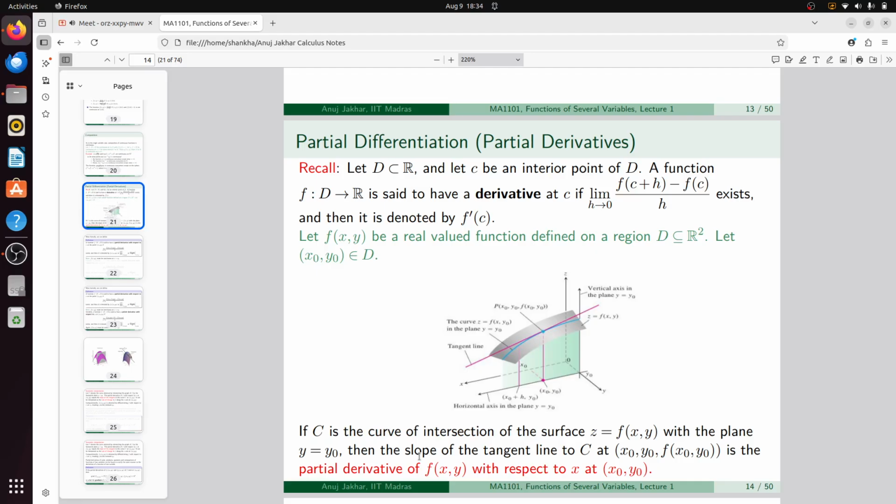We are really bothered about only two variable calculus. If there are two variables, there are two types of differentiation possible. The first type is keeping one variable fixed and varying the other, and the other is varying the two variables simultaneously. If you fix one variable and take differentiation with respect to the other variable, then this type of differentiation is called partial differentiation, and the derivatives are called partial derivatives. So first, recall.